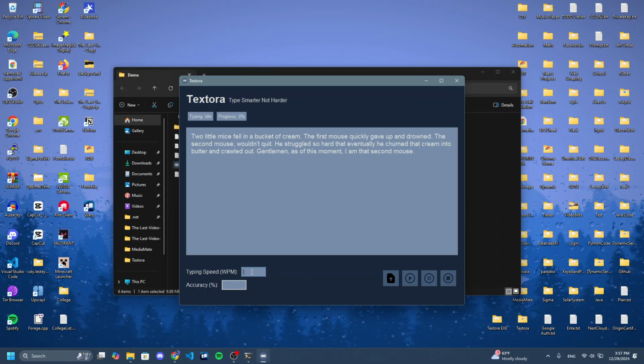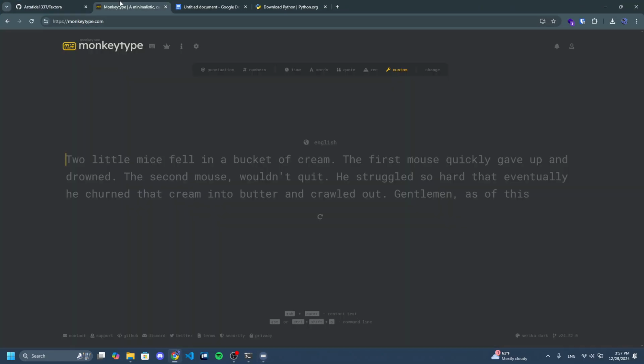Say now, let's say we have a typing speed of 120 words per minute, and for demonstration purposes, I'll have a 100% accuracy. If I head over to Monkeytype,